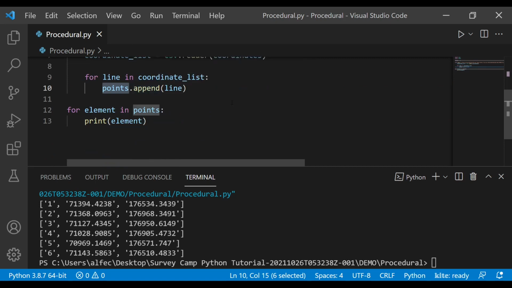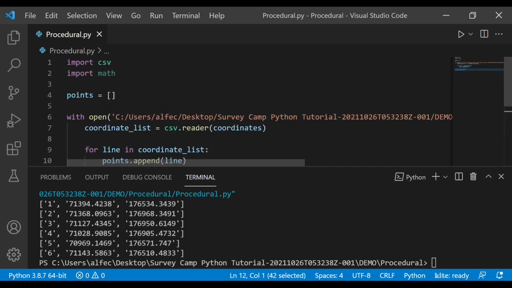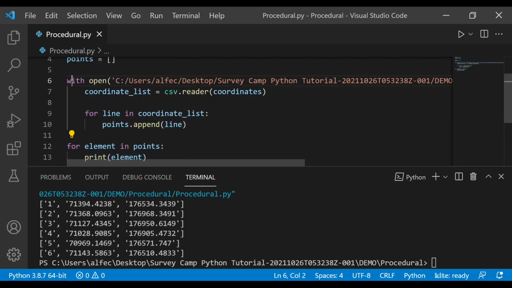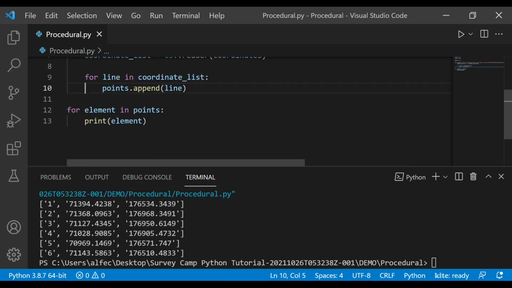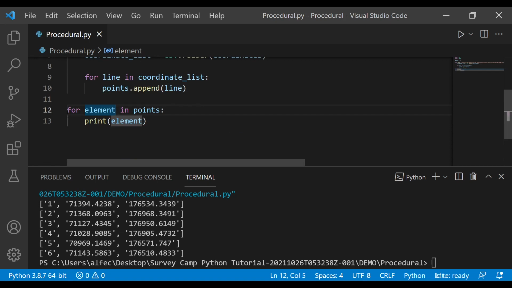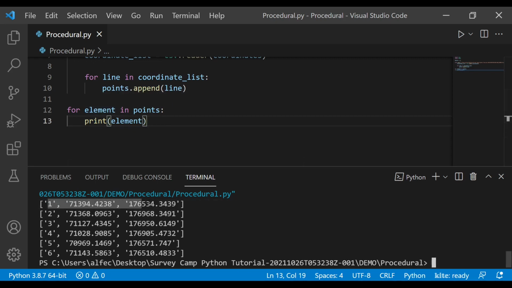To check that we have our data inside the points list, we created another for loop. Take note that this for loop is outside the with block already, so if you can recall, indentation in Python is very crucial. For element in points, print element inside the loop. We printed each and every element; each element is a list. These are our data, so we can now manipulate this data